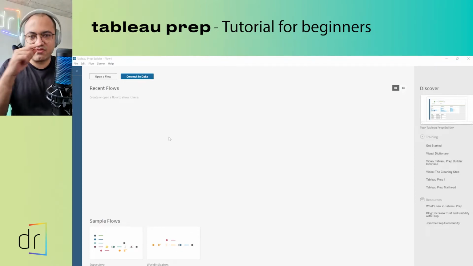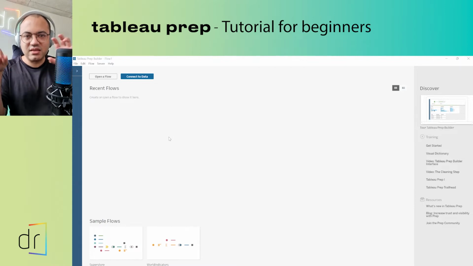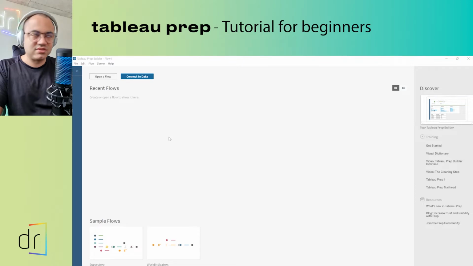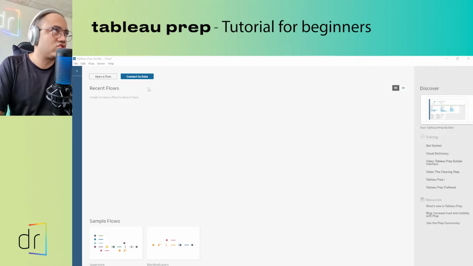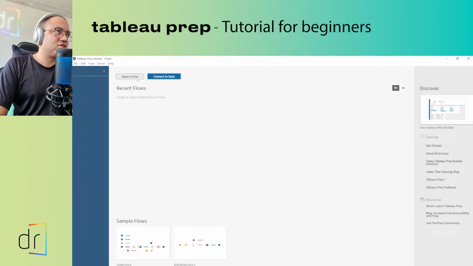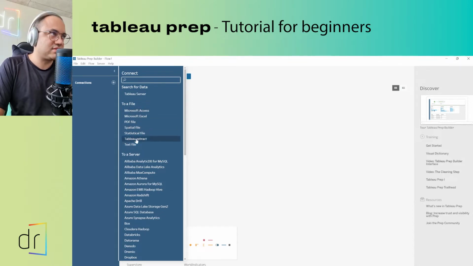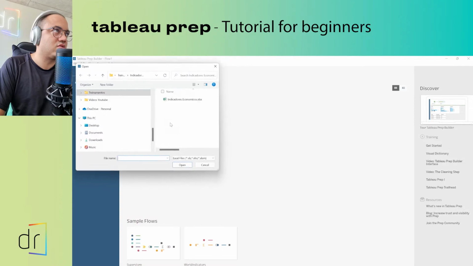This is the beginning of the ETL process. Okay, the E means extract, which means connecting to multiple data sources. So here we're gonna start by clicking this button over here, connect to data. Just click on that, and then we can select what kind of document or file or database we want to connect to. Okay, in our case we're gonna use a Microsoft Excel